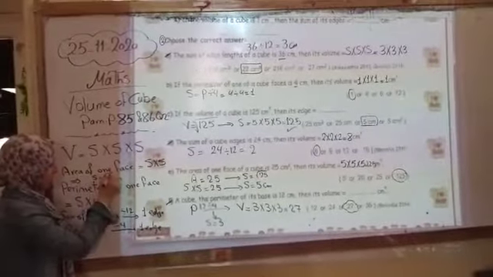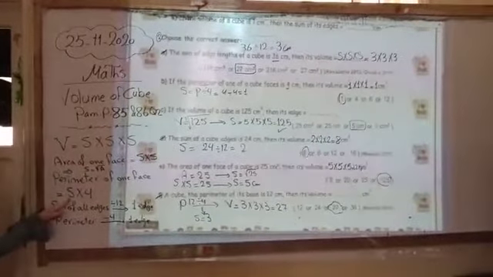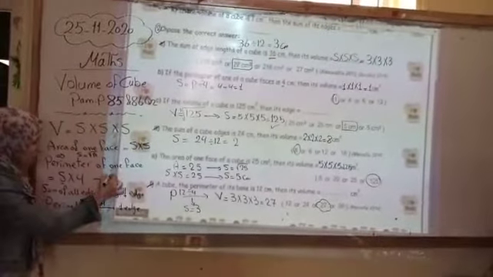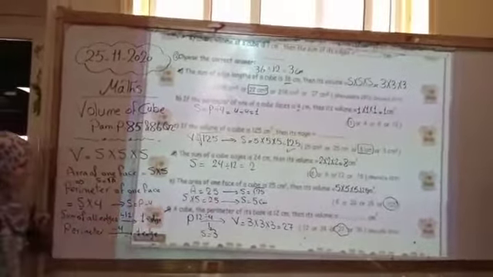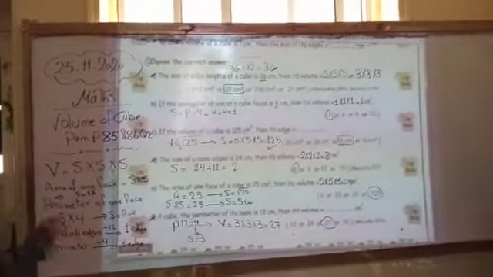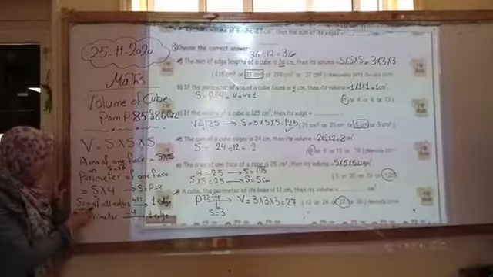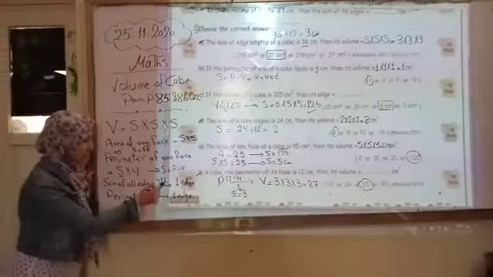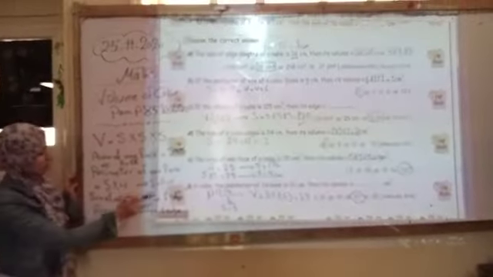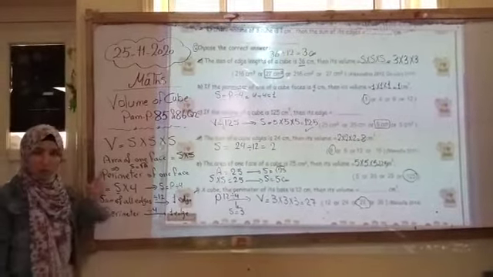Okay? If I have the perimeter of one face, perimeter equals side by 4. If I want the side, perimeter divided by 4. Sum of all edges: if I want one edge and I have the sum of all edges, we make divide 12. And if I have the perimeter and I want only one edge, we make divided 4. Okay, primary?